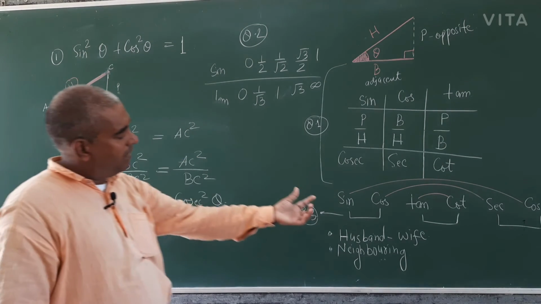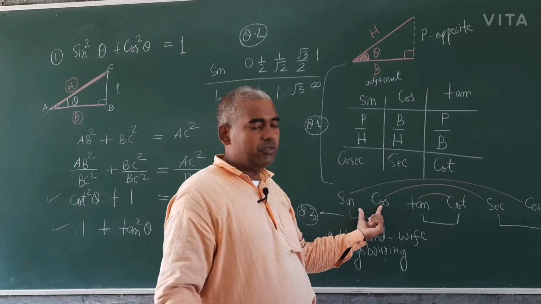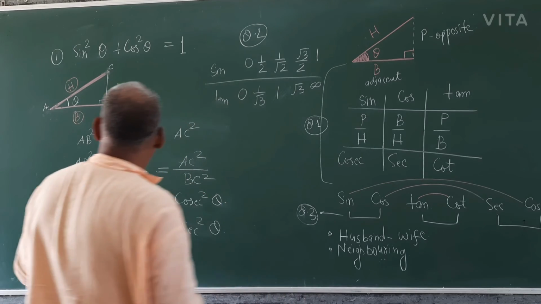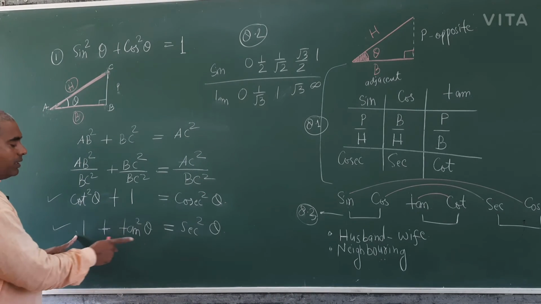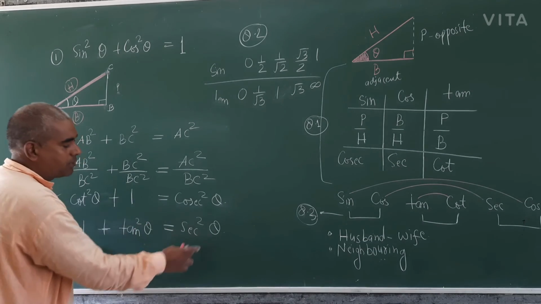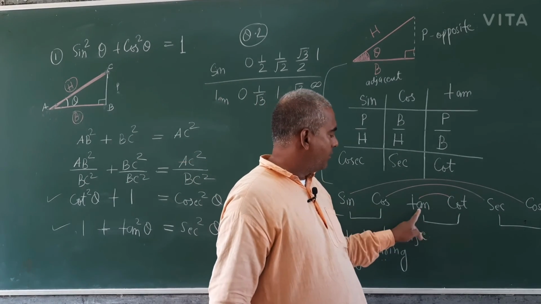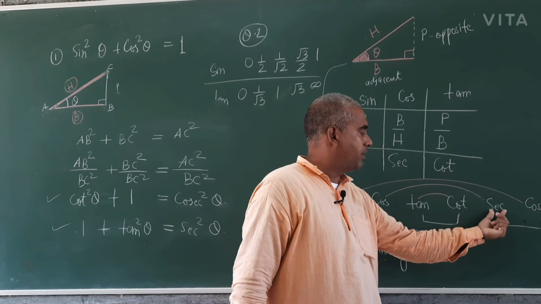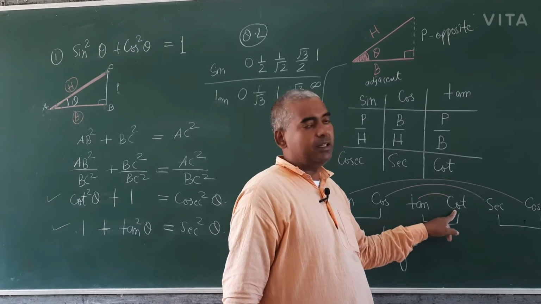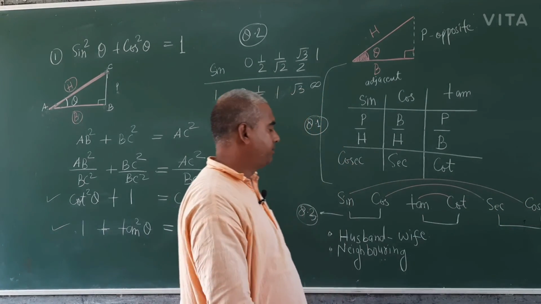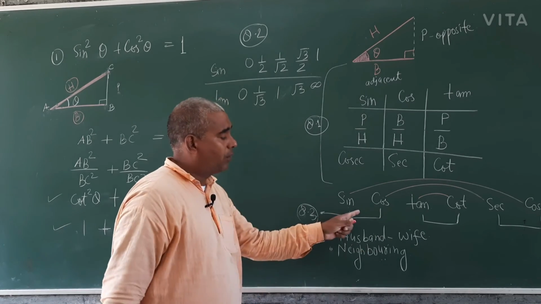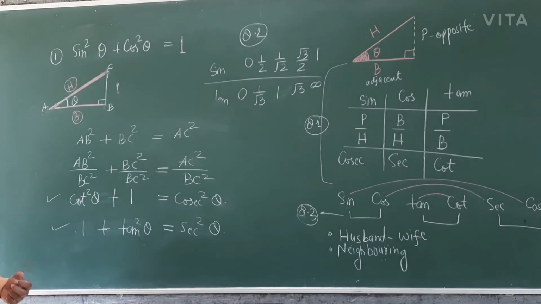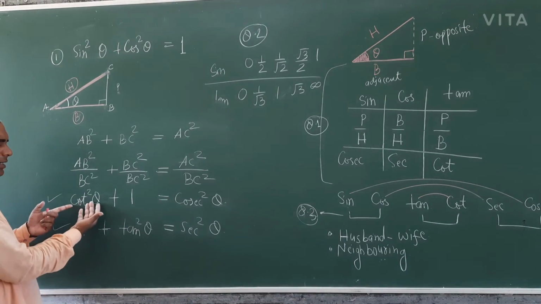Sin and cos are neighboring, so you have sin square theta plus cos square theta is equal to 1, but here the things have changed. 1 plus tan square theta is equal to sec square theta, and here again 1 plus cot square theta is equal to cosec square theta. In this format we can write these formulas. Usually in the starting students forget what the formula was, 1 plus tan square theta is equal to